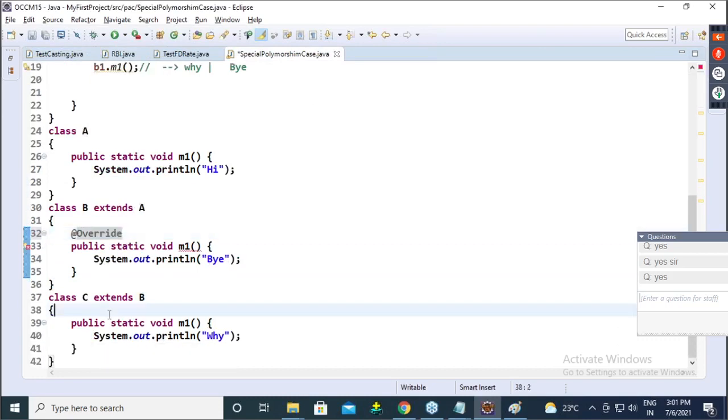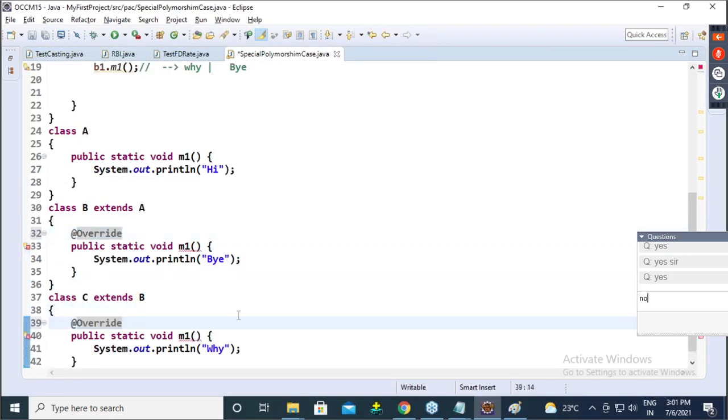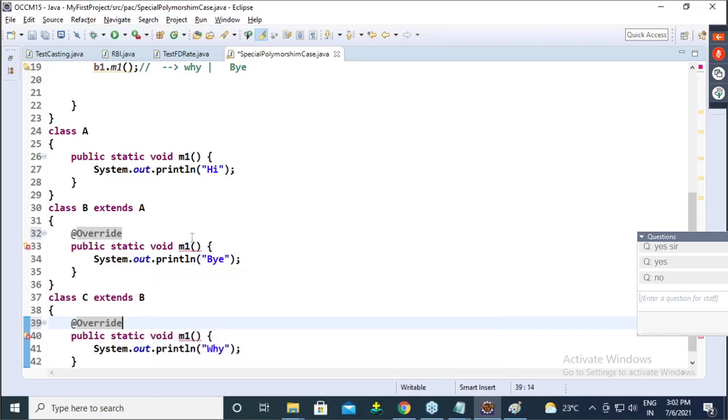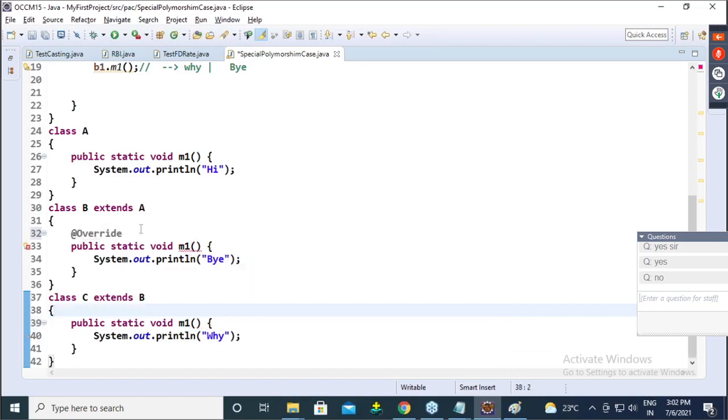Is it overridden? Guys, my point is still the same. Static method cannot be overridden. If it were overridden, this annotation would successfully be placed here.